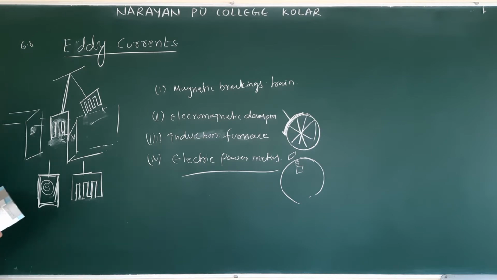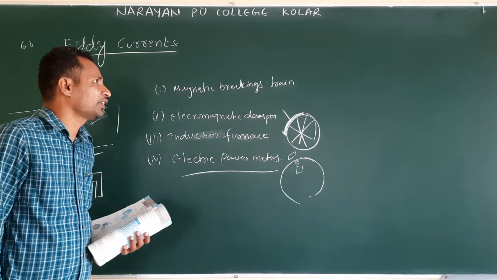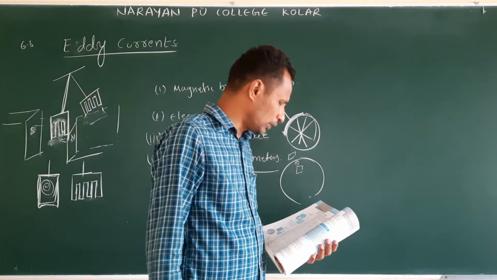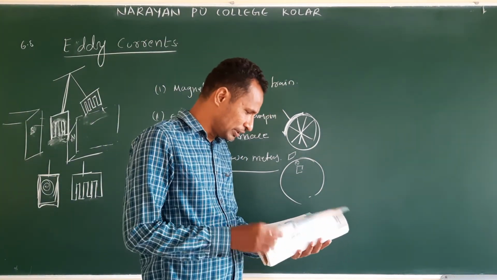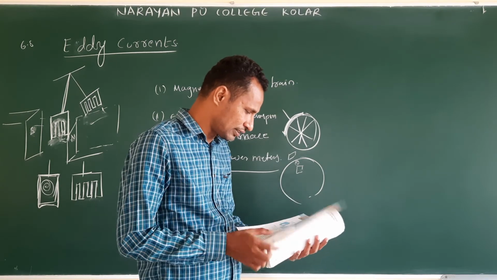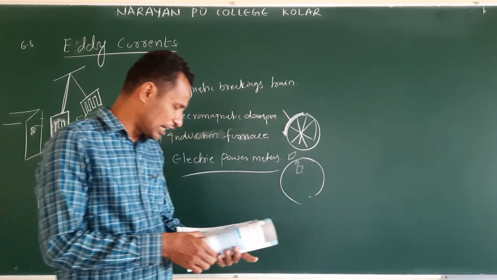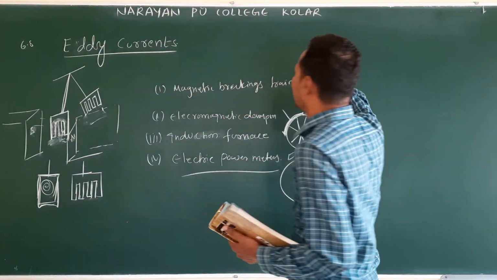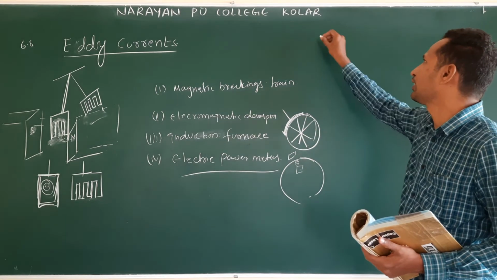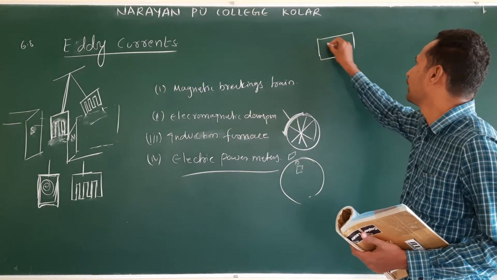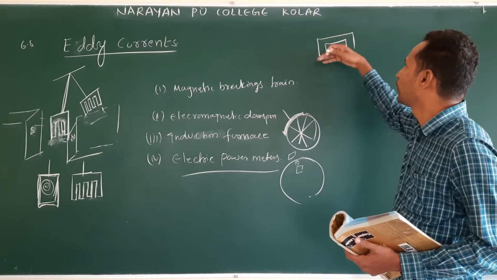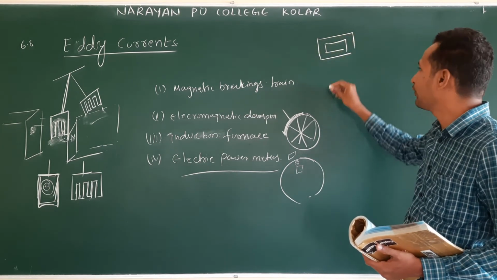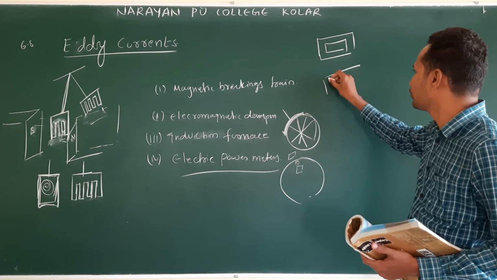Next one is laminating. Laminating means, if you see the transformers, which are probably not completed, it will come in the next lesson. Transformers: bulk material means iron core. They don't keep a solid core. They will keep the transformer core like sheets, plain soft iron sheets, one over each other. It will come like this.